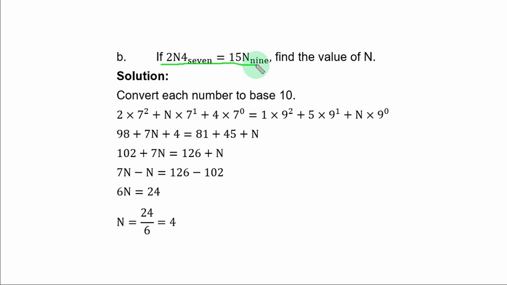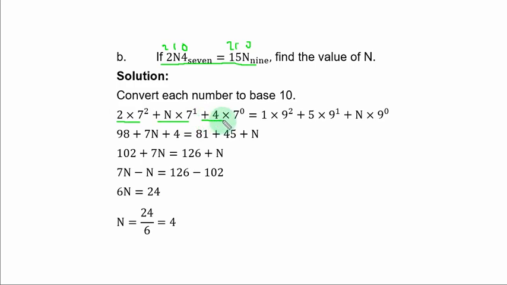the respective base number, and you assign the position of each digit to the base. In the first number, position of 4 is 0, n is 1, and 2 is 2. Here you have 0, you have 1 and 2. So from the left hand side, you multiply each digit by 7. That is 2 times 7. The position is 2. You attach it to the base number plus n times 7 power 1 plus 4 times